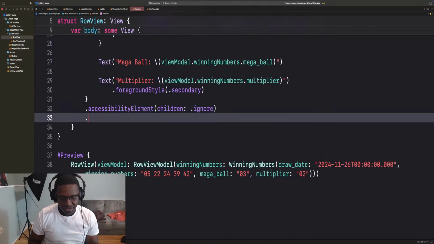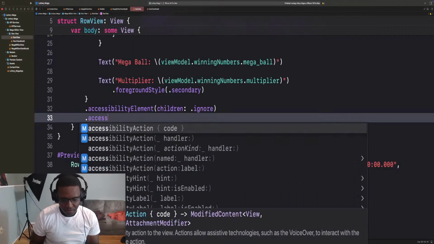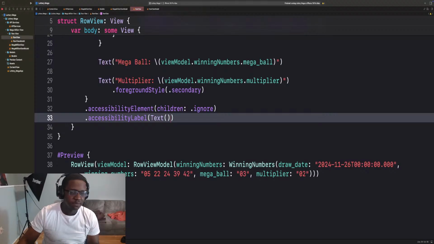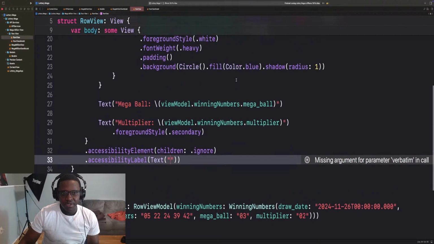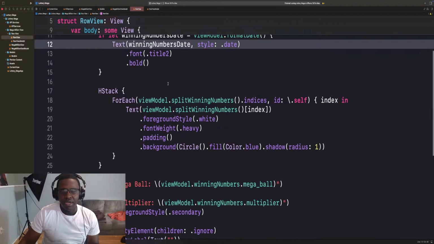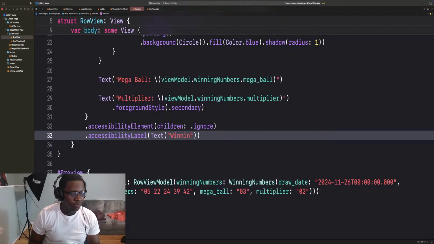So to do that, we can add an accessibility label like this, and inside this text is basically what we want to hear instead. In here I want to hear the date, so that's the first thing I want to hear. Actually, let's let them hear the date and then hear each number. So they swipe, they hear the date, and then they swipe again, and they hear each number. So then it would be numbers are,